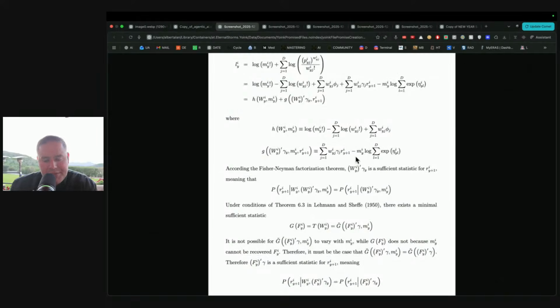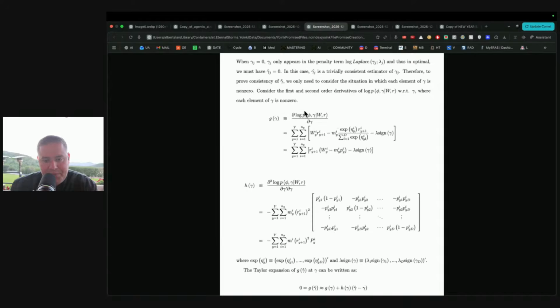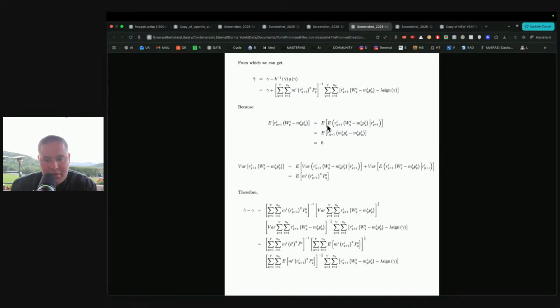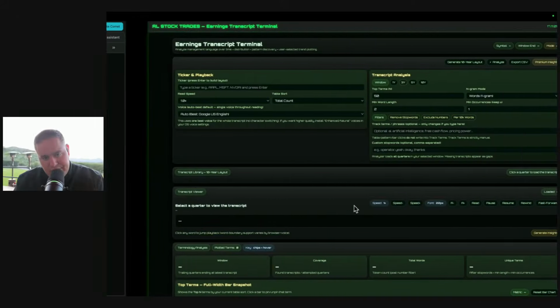Now, what is all this? This is a mathematical proof from a PhD defense that I'm going to show you what it basically says. We're not going to go over this right now. This is insane, right? But what it's basically proving is that it's going to segue into this.